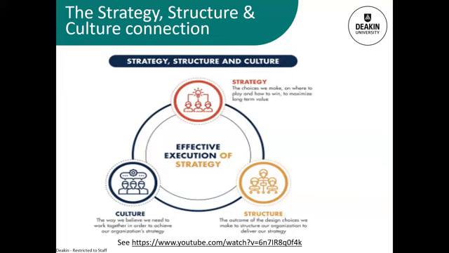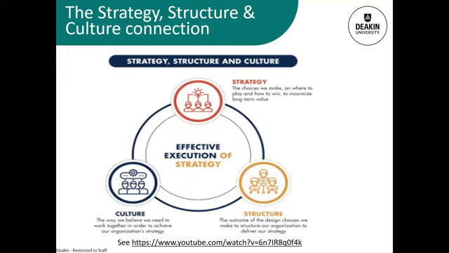But the structure is also important, and that's really about how the company organises themselves and puts their resources together so that they can achieve that strategy. So the planning around actioning that strategy is also important through that structure. But also important is that culture. And that culture is really the way that a company believes its people should work together to achieve the strategy.